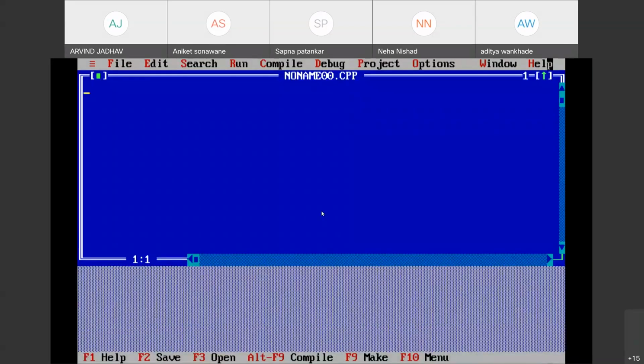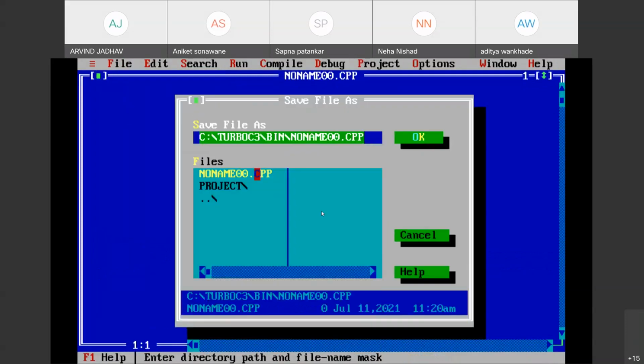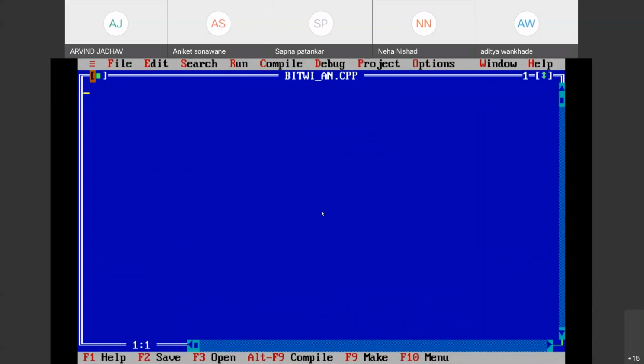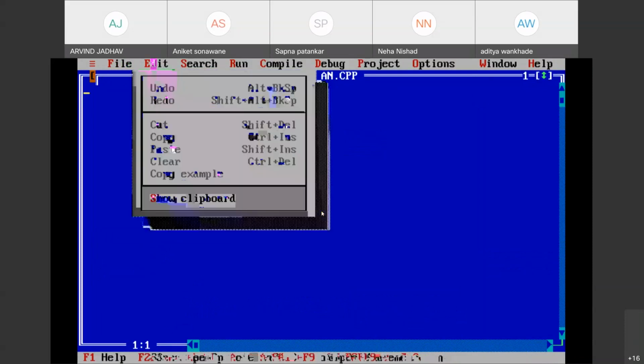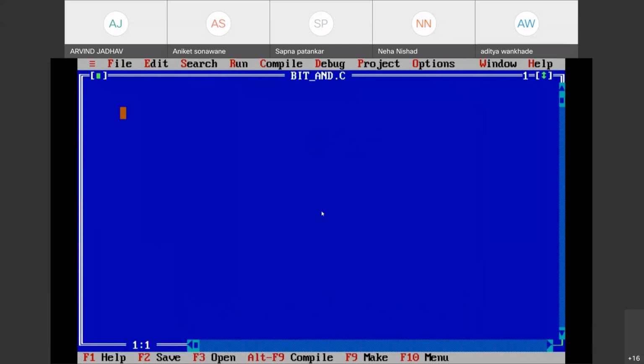Save that program. So the program is saved. Again I want to save it using a different name, for example bitwise_and.c.